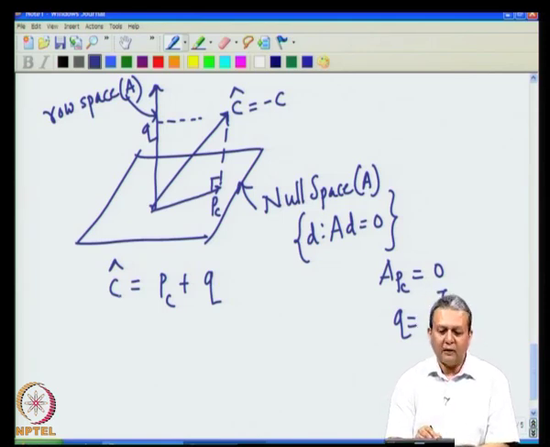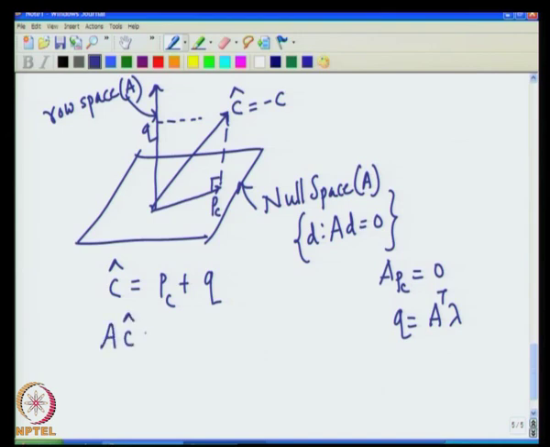Now, given C hat, we want to find out what is P C. For that purpose, we first need to find out what is Q, and Q is nothing but A transpose lambda, but for finding Q, we need the value of lambda. So, let us use this fact to find out the value of lambda. If we multiply throughout by A, what we get is A C hat is equal to A P C